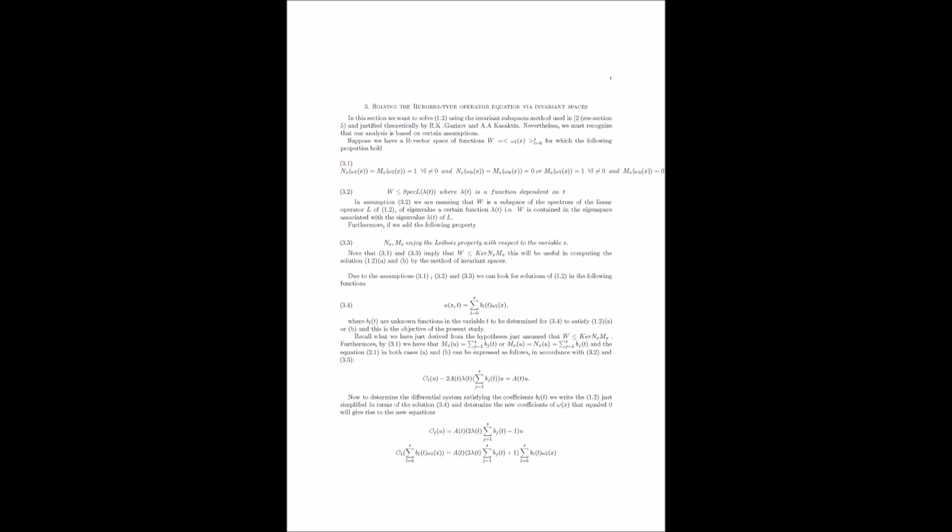Absolutely. Let's revisit example 4. Where Maltese tackles a generalized Burger's equation that includes a fractional time derivative, a concept we touched upon earlier. He chooses specific forms for the operators, setting NDXD and MDXD to the partial derivative with respect to x and LD to the identity operator. So we're working with a specific set of rules and operators. But how does Maltese find the invariant subspace in this case?